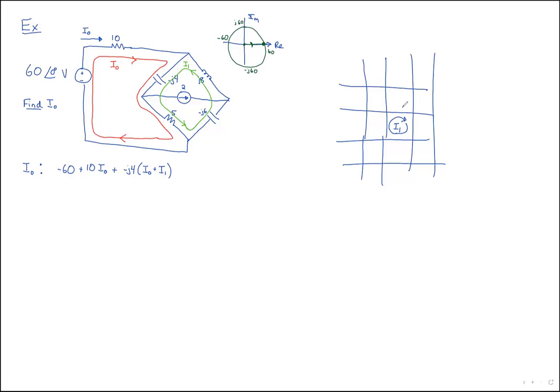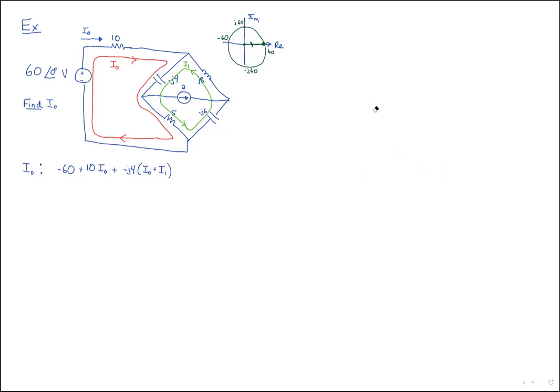Instead, you've got to figure out what the partial currents are from all the wires around it. And now the current through this wire here is going to be the sum or difference of these two, and so on. So the true current that's going down this capacitor is I naught plus I1. The true current going down this 5 ohm resistor is also I naught plus I1,